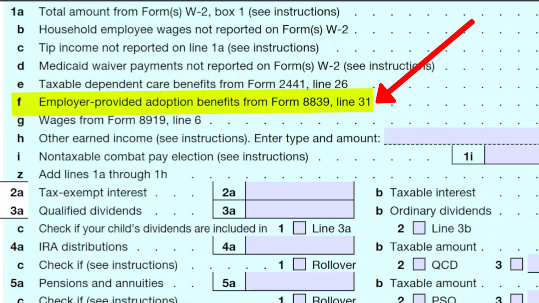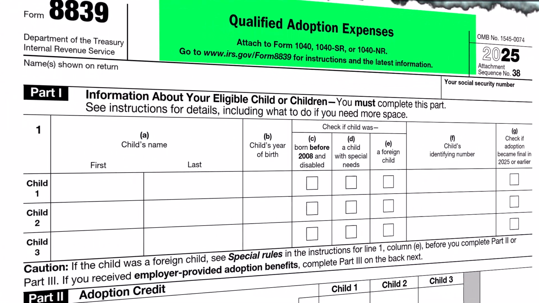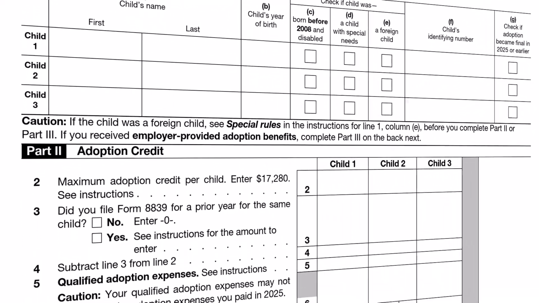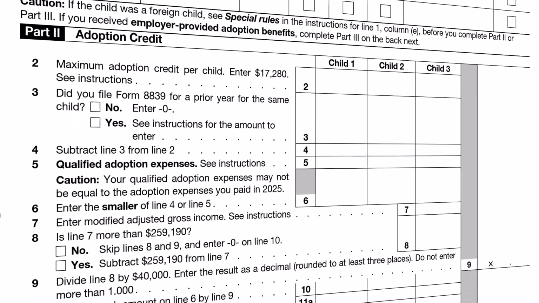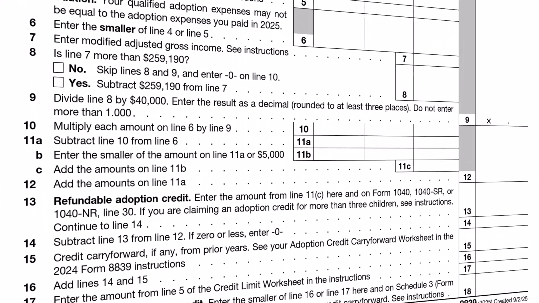Let's focus on line 1F, which handles adoption assistance provided by your employer. While many adoption benefits are tax-free up to a certain limit, any amount that exceeds the IRS threshold must be reported as taxable income. For example, if your employer provides $20,000 in adoption assistance, but the legal limit is